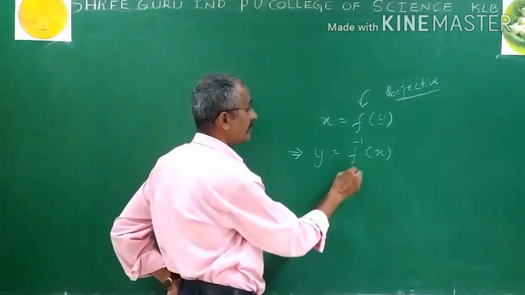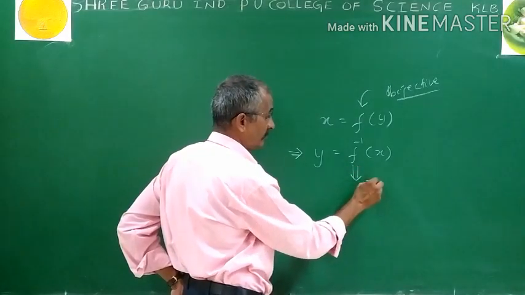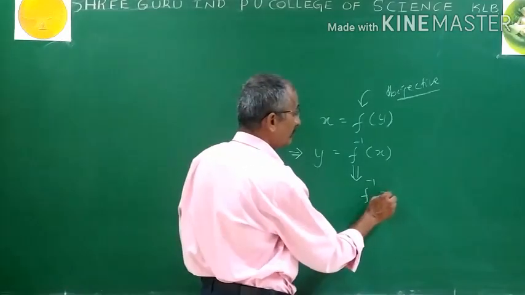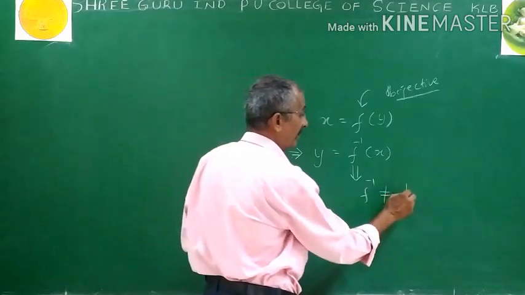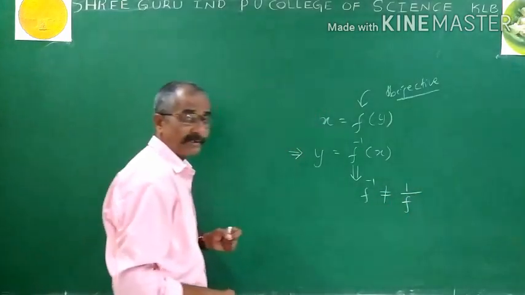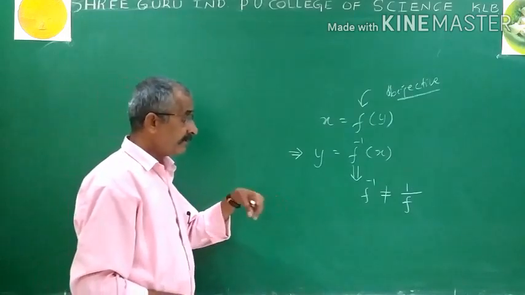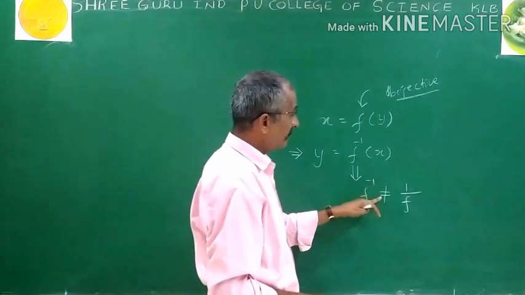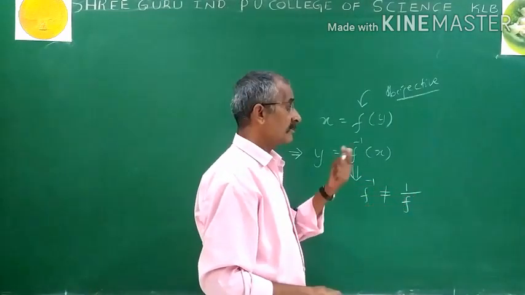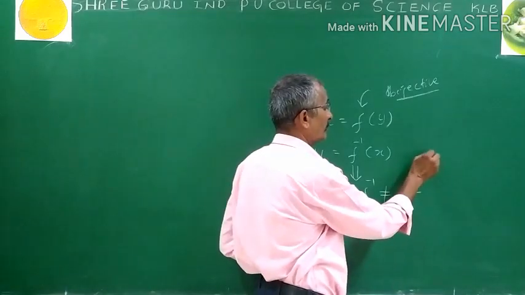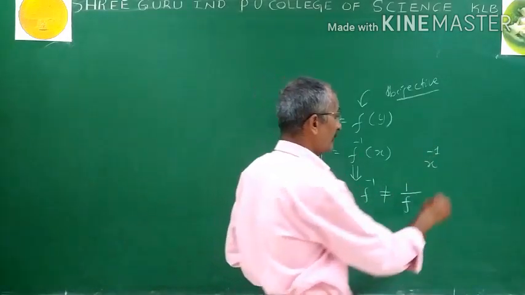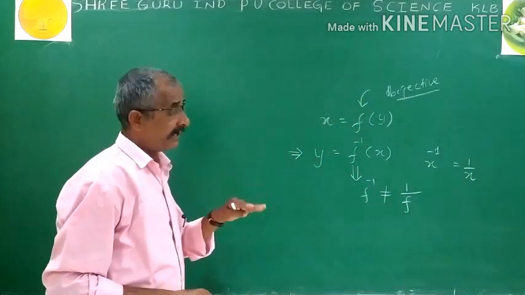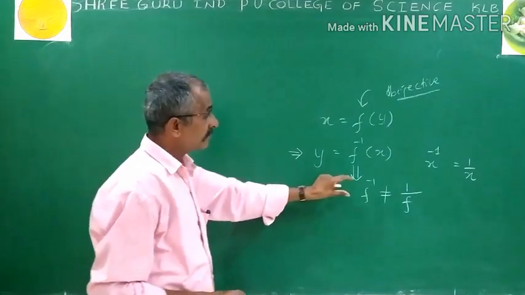And more importantly, here the notation f inverse is a notation for inverse of a function, but it never stands for the meaning as in our normal algebra, 1 divided by f. 1 by f is different, f inverse is completely different. So one should not get confused here that f inverse is never equal to 1 divided by f. Suppose in normal cases x to the power of minus 1, if x is not equal to 0, can be written as 1 divided by x. But here f inverse never means 1 divided by f, because it is a symbol for inverse of a function.